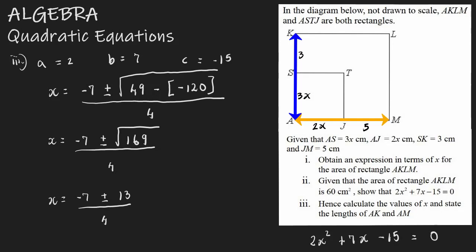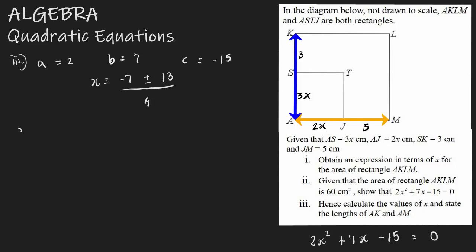At this point, I have two solutions for x. x is equal to negative 7 plus 13 over 4,